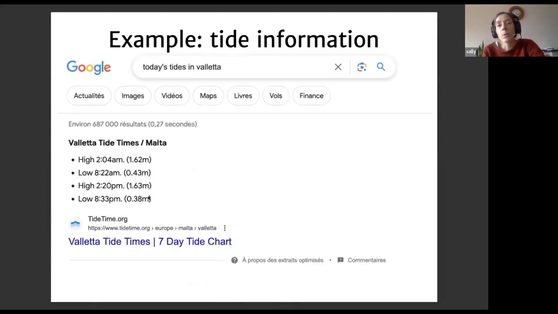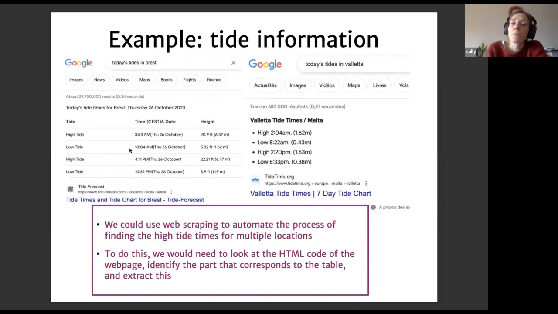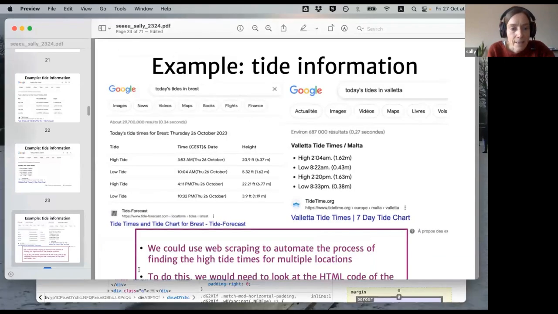So if I wanted to extract all of these different pieces of information and put them together, the information about the high tides and the low tides, I'd need to look at the HTML code of the website, and I'd need to find which piece of information in the HTML corresponds to this information. Once I've done that, I can then identify the part that corresponds to the information that I want to extract, and I would write software to make use of that. So for example, if I go back to